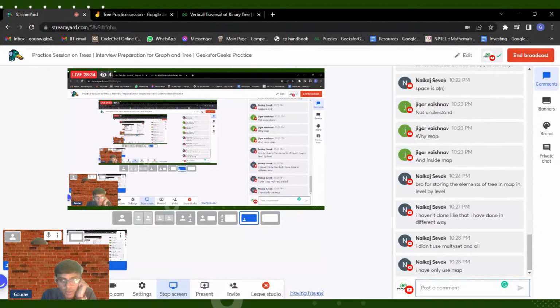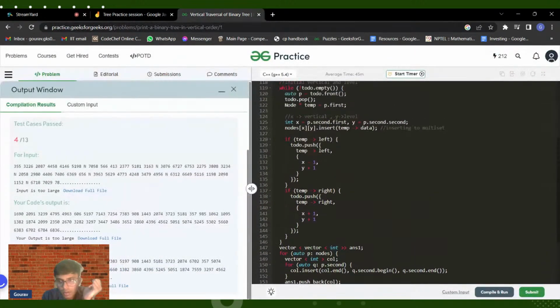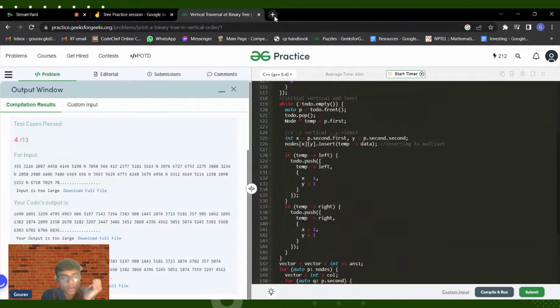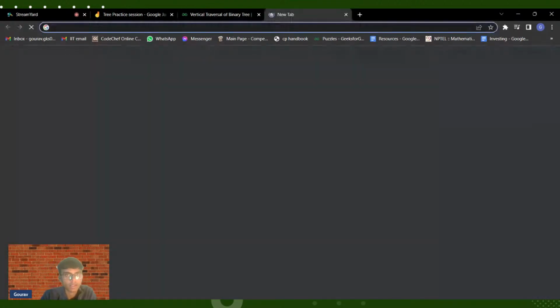Actually, yes, we can do it without using multi-set, but the idea was that basically there can be repeated nodes, right? When you're inserting in case of a set, it will not take care of it. That is why I thought of using multi-set because it was actually a good idea. Okay. But right now I'm facing a bit of an error. Let me see why it is. Okay. So, maybe what we can do basically, keep this code here. We'll come back to it later.